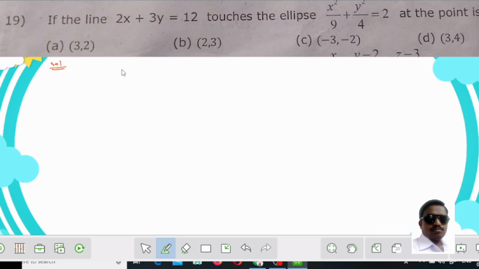We know very well the formula for the point of contact for an ellipse is (-a²m/c, b²/c). This is the point of contact formula. So now we are using this formula to solve this. Point of contact = (-a²m/c, b²/c). So for that we need the values of a², b², c, m. So to get the values of these,